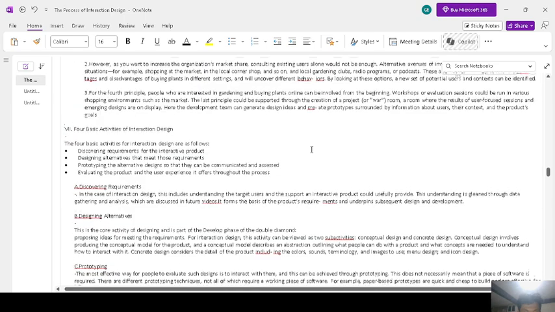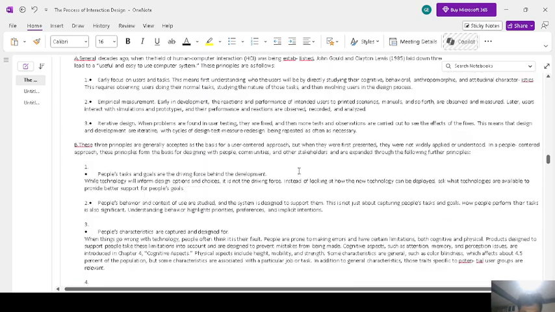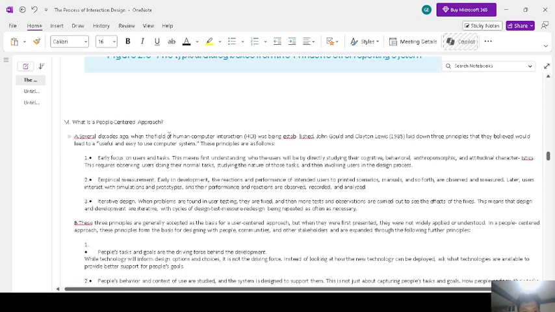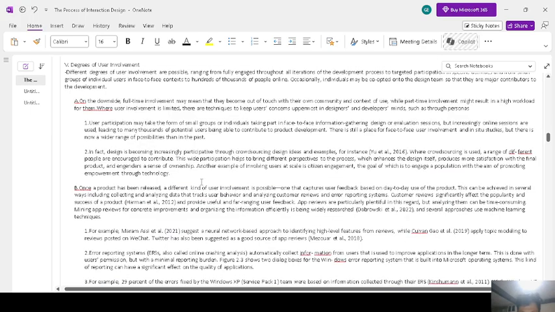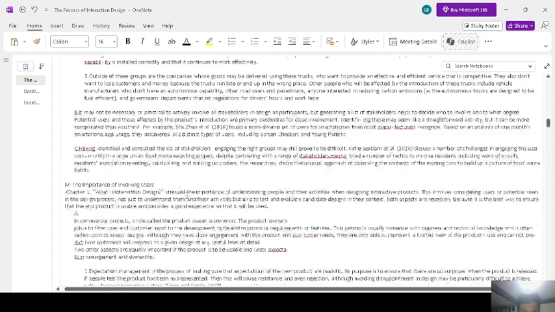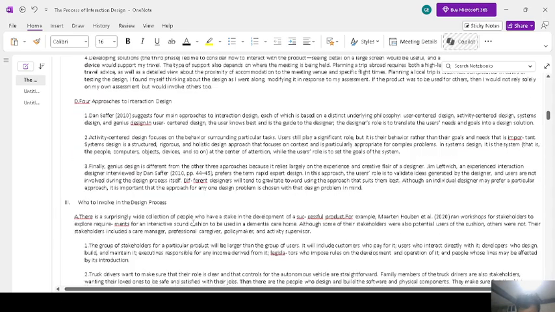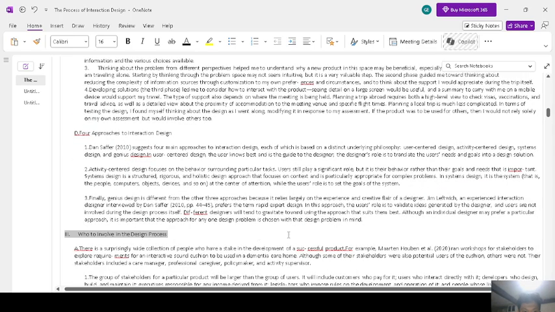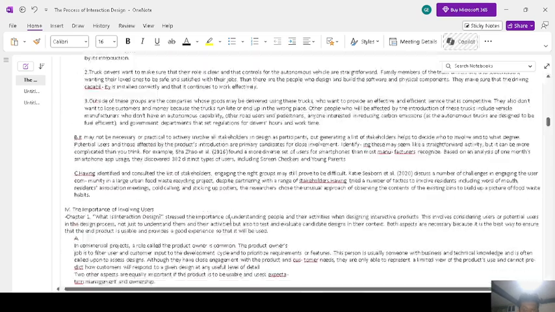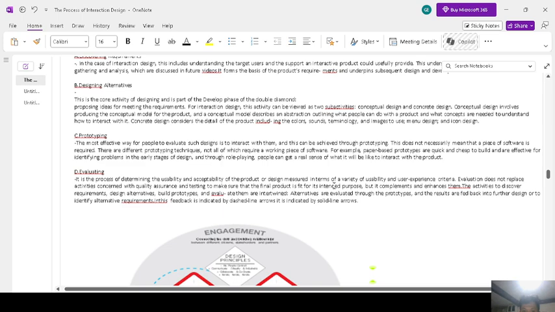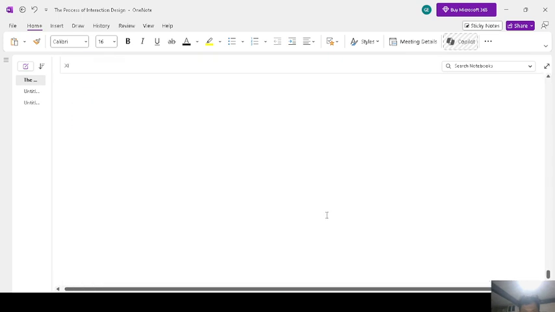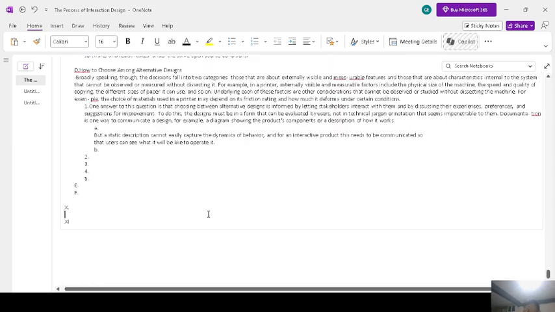We discussed four basic activities of development design. One is user-centered approach, degrees of user involvement, the importance of involving users, how to improve the design process. So yeah, we discussed a lot. And then yeah, we're almost done with this very important or basic topic. Again, guys,